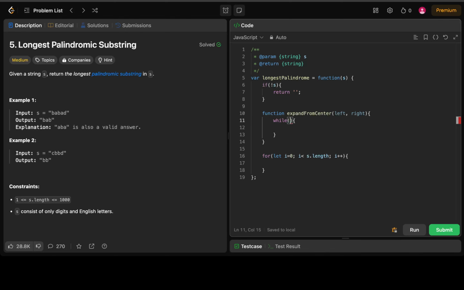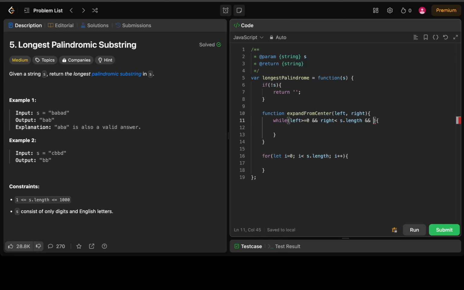So what we have to check is if the left pointer is greater than or equal to 0 and the right pointer is less than s.length,